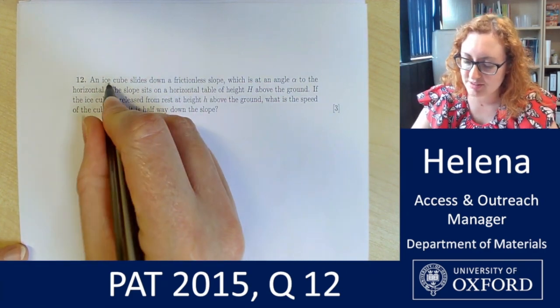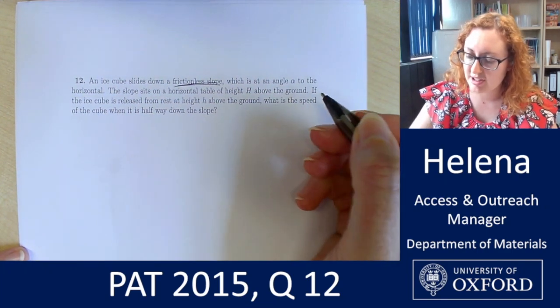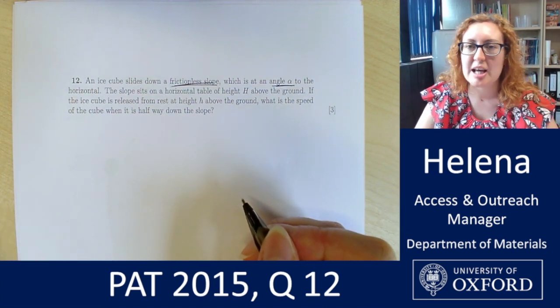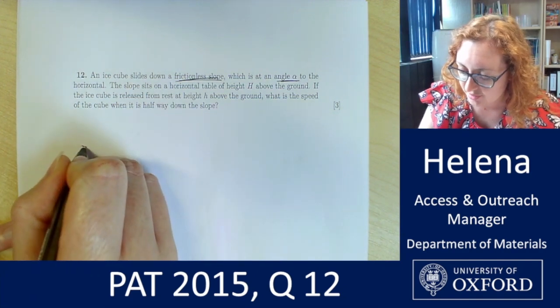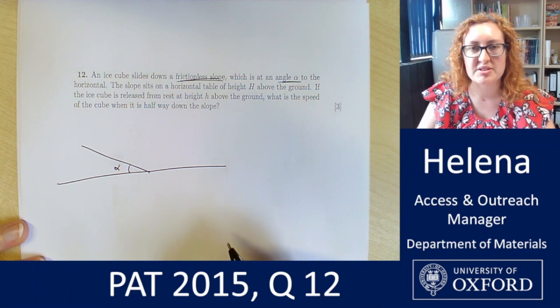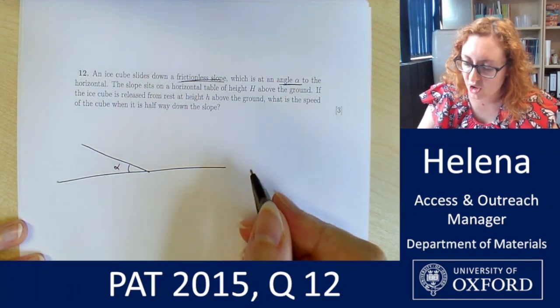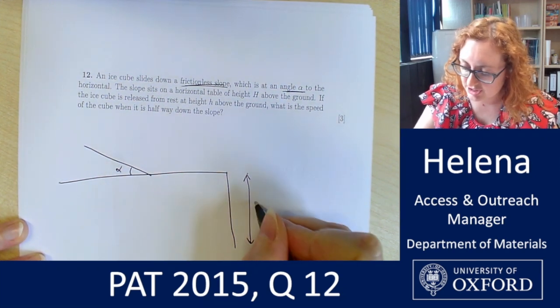So in this question we have an ice cube sliding down a frictionless slope which is at an angle of alpha to the horizontal. Okay, so as I'm reading this, I'm instantly wanting to draw a diagram. So let's get started with that. So we have our slope at an angle alpha to the horizontal here. We're told that this slope sits on a horizontal table, so this is on a table, of height capital H